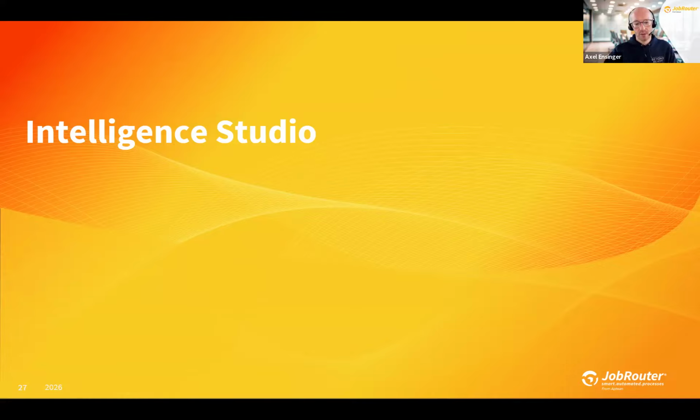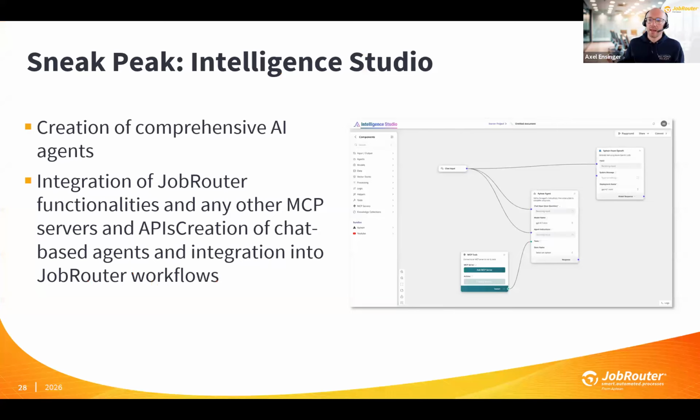The Intelligence Studio is a kind of workbench where you can build your own agents besides JobRouter. If you talk about JobRouter and the integrated agents, it's really about processes, documents, data, everything that you need inside of your business process, as it's tightly integrated into our environment. So it's super easy to use. You don't have to build interfaces or anything else. Here we talk about really building full agents that help you somewhere in your company.